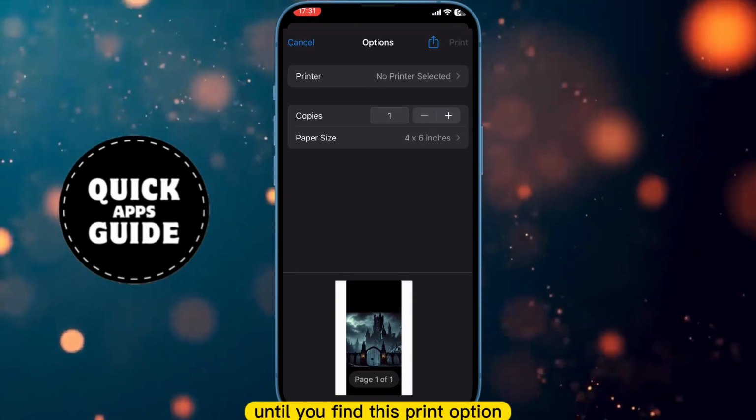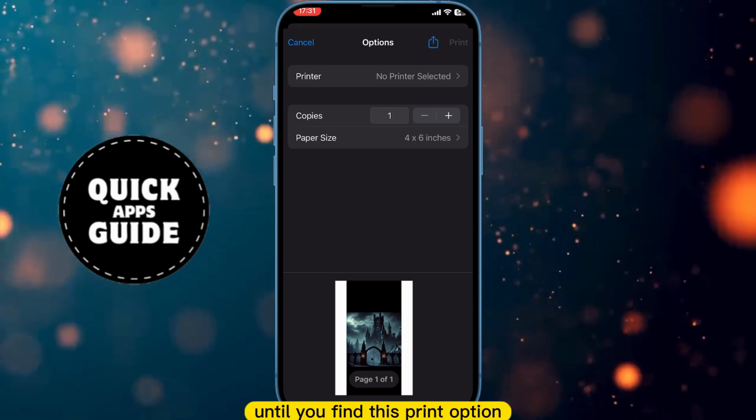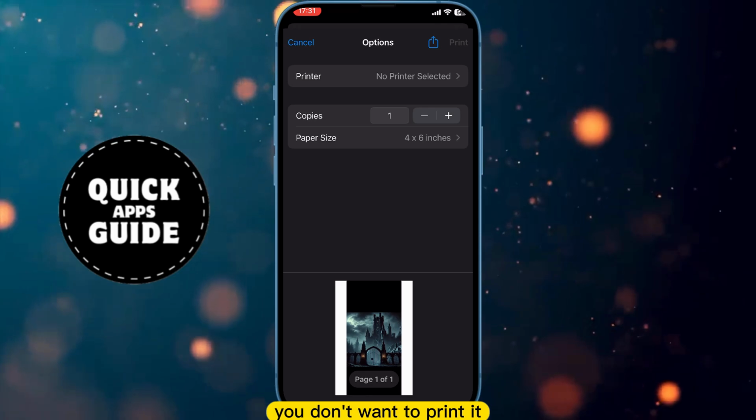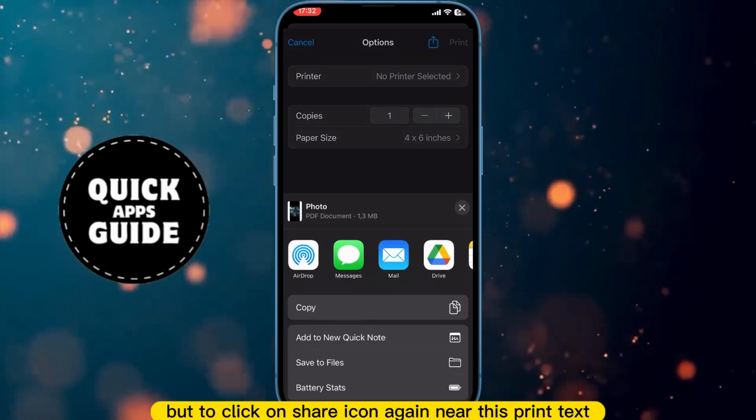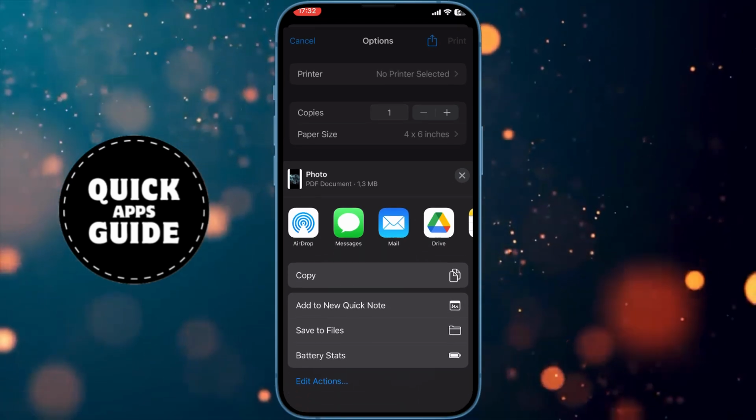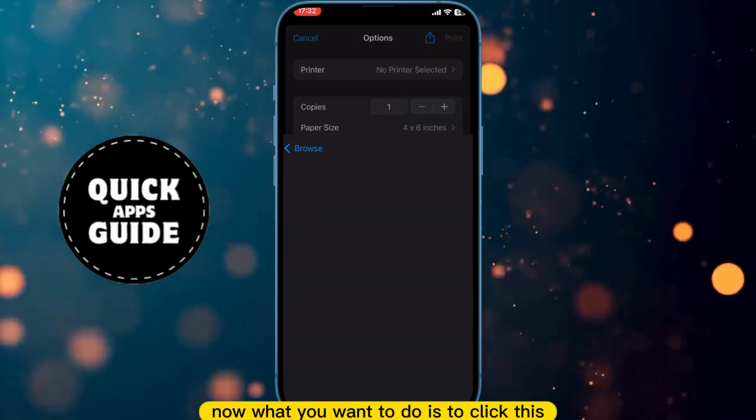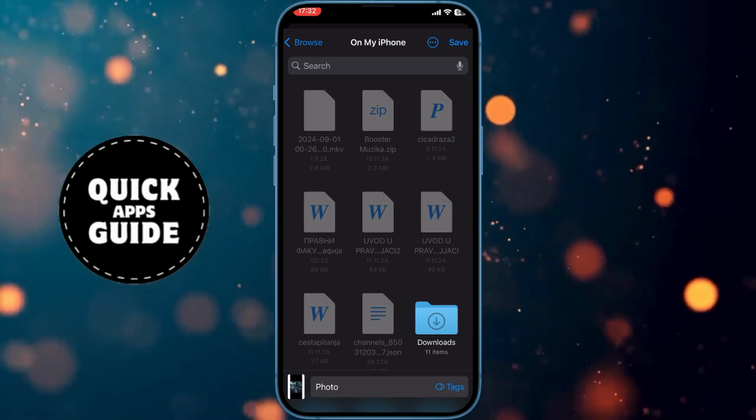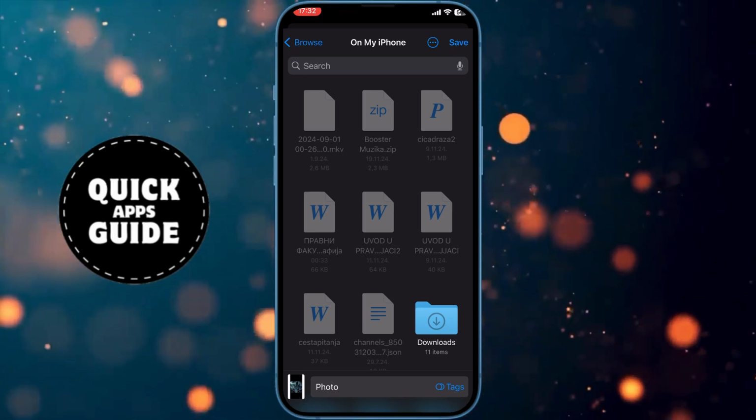You will have to scroll down until you find this print option. Click on it, and this page will appear. You don't want to print it, but to click on the share icon again near this print text. Now what you want to do is to click this save to files option, and it will select